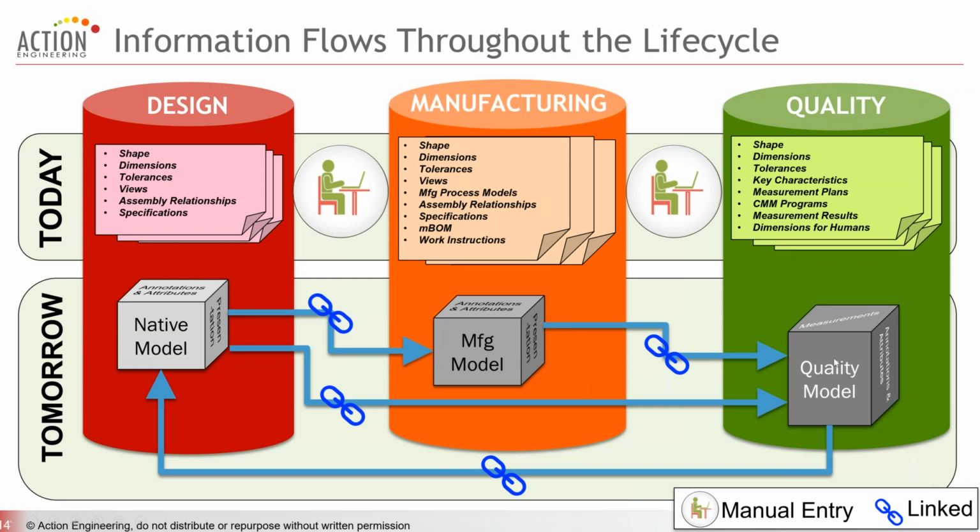There's also going to be a need for a quality model. And in what we're going to talk about today, it's going to be like a QIF derivative. But you're going to need some sort of data package that is used. And you notice that the top 3 here, shape, dimensions, tolerances, and information, are common across all 3 of these organizations. So the quality organization is still going to need the shape and the dimensions and tolerances to enable